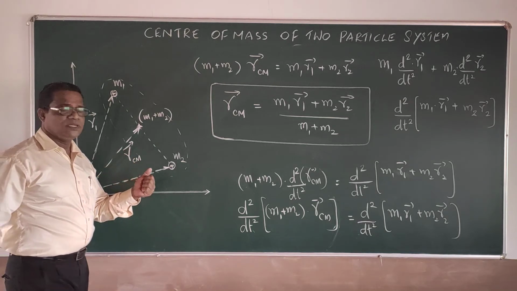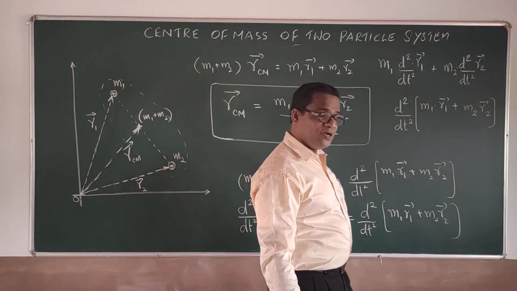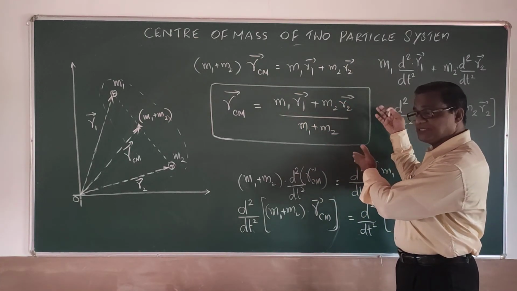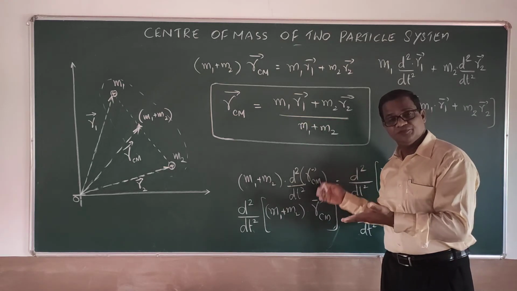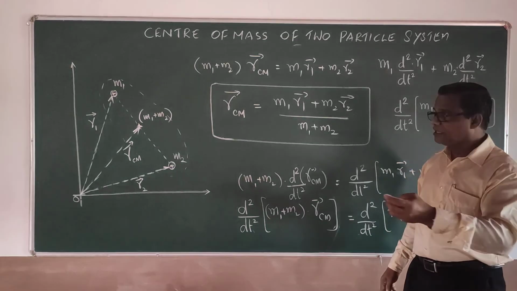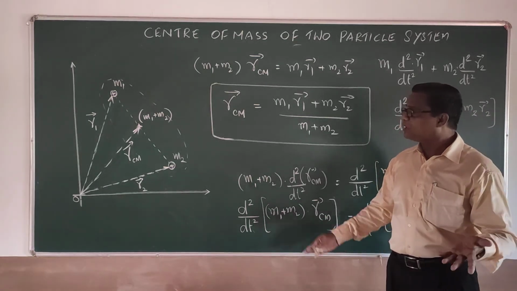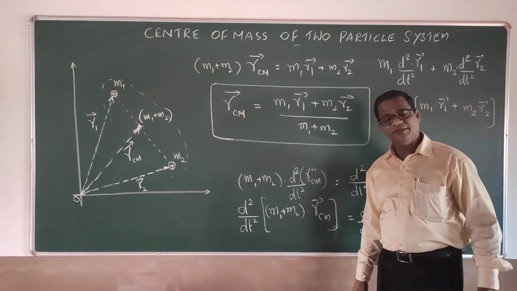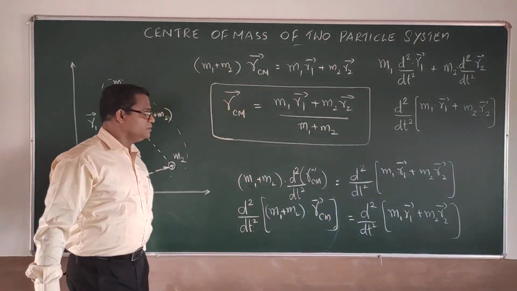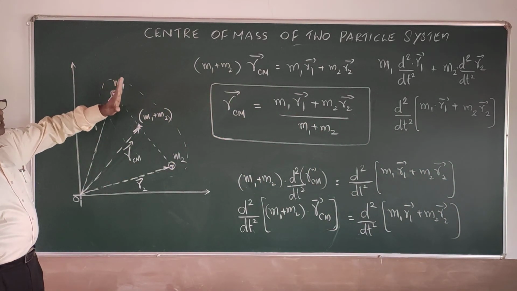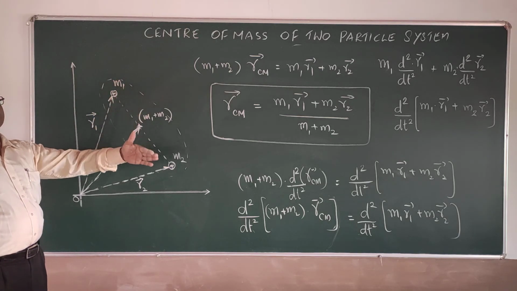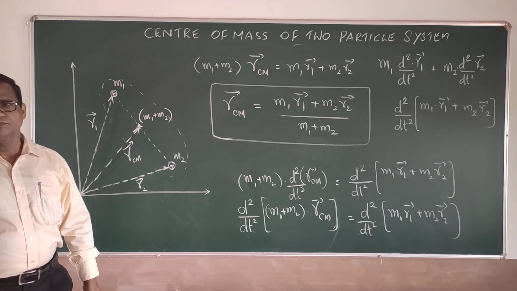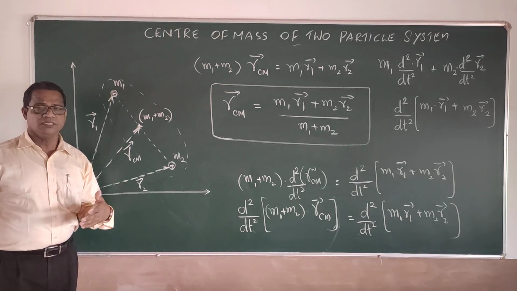And this equation can be extended to n particles also by taking RCM equal to m1 r1 plus m2 r2 plus m3 r3 plus etcetera plus mn rn divided by m1 plus m2 plus etcetera plus mn. So for any number of particles you can use the same equation extended. Okay. So very important. In the derivation we are using only the momentum conservation and all those things, and we are reaching this particular point. Now the variation of this formula you can see in the next